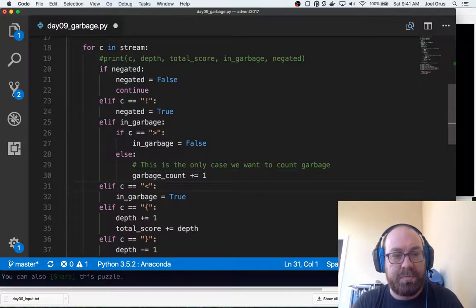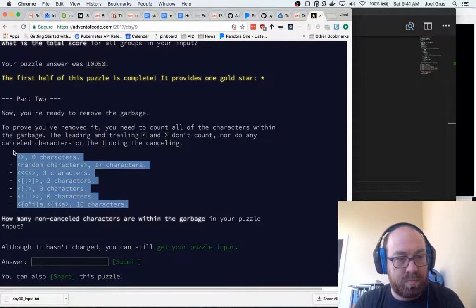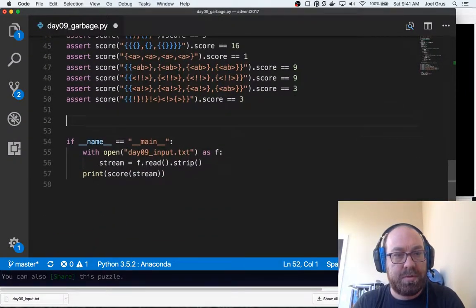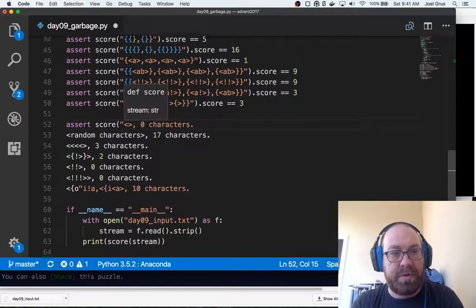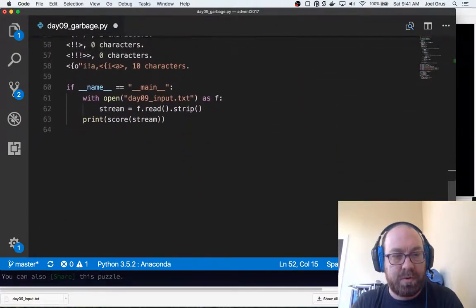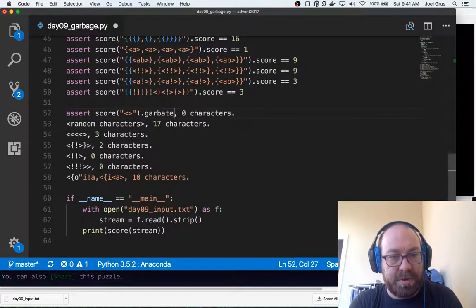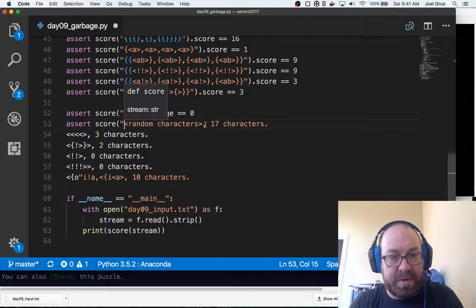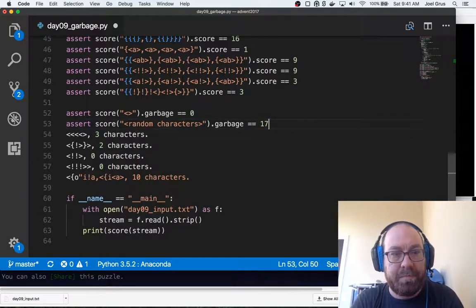Garbage count plus equals 1. So let's do a couple of these. Assert score, and what did I call it? Did I call it garbage? Yeah, score of this dot garbage equals 0. Assert score of this dot garbage, can't type garbage, equals 17.